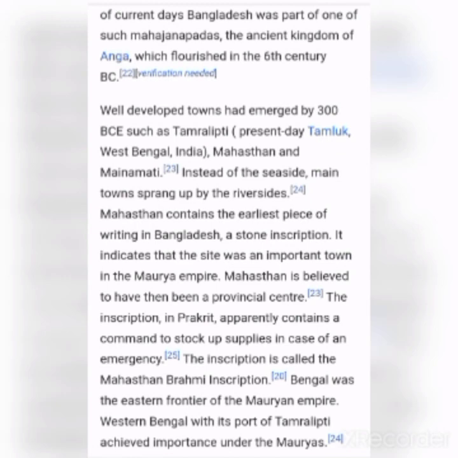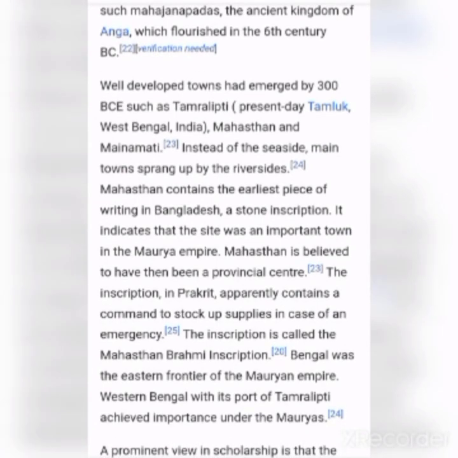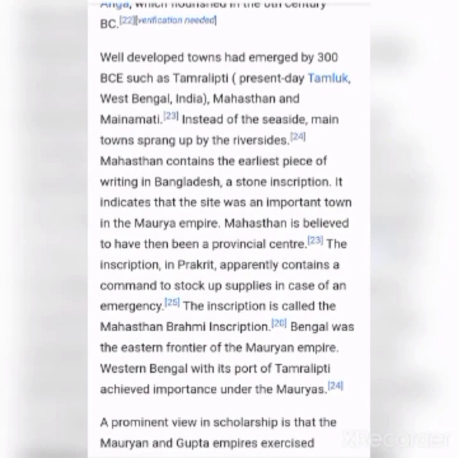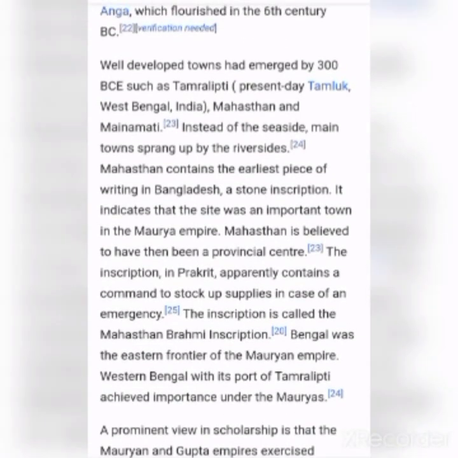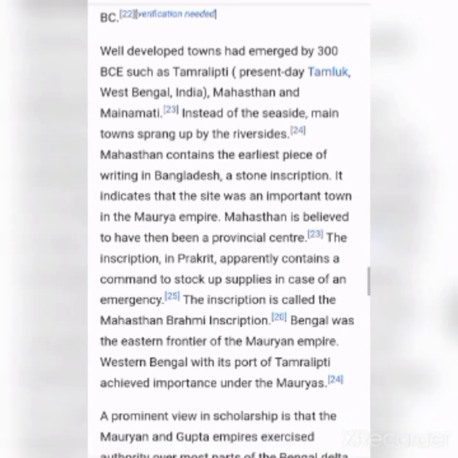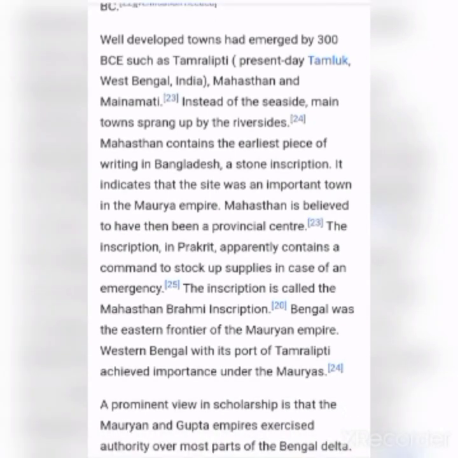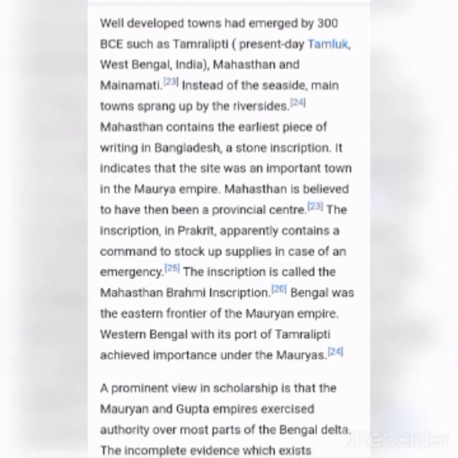Mahasthan contains the earliest piece of writing in Bangladesh. A stone inscription indicates that the site was an important town in the Maurya Empire. Mahasthan is believed to have then been a provincial center. The inscription in Prakrit apparently contains a command to stock up